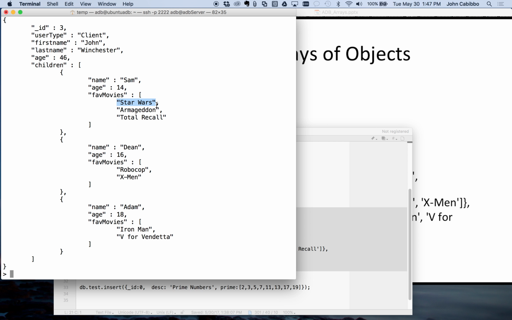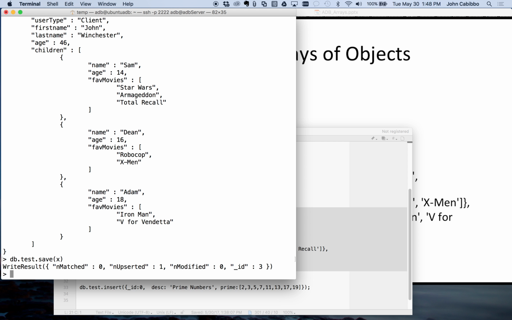There's no set limit, but the deeper it goes, the harder it is to navigate these documents. So we usually want to keep it down to 2 levels, meaning I have an array of objects and maybe another array in there of just flat values. When I say flat value, I mean not another array or another object, something on the order of a string or an integer. So let me